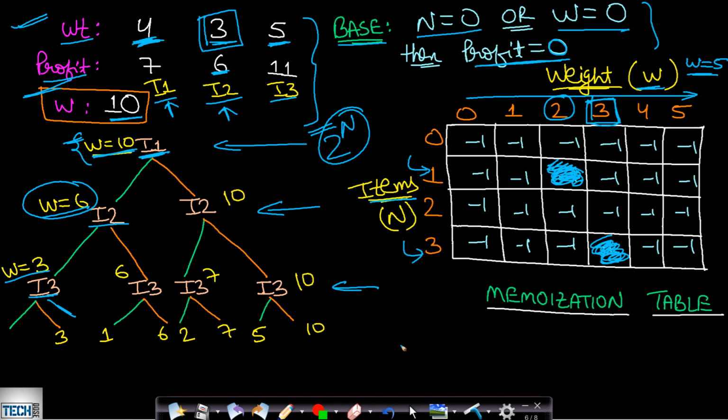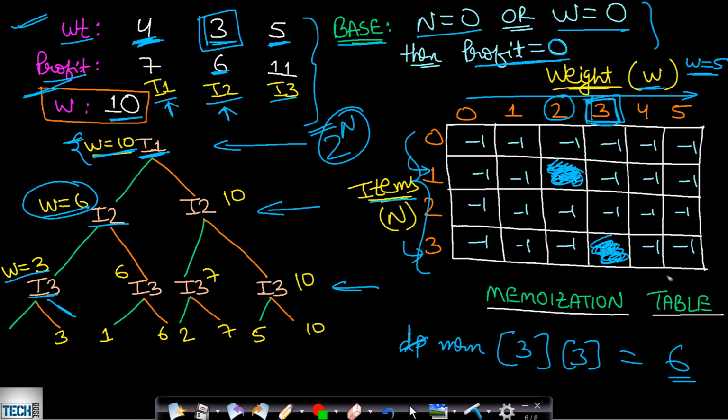So this sub problem, which will be DP, or let's call it memoization at 3 and 3 will be equals to 6, because the maximum profit when you are having all the 3 items and you are having capacity of the bag as 3 will be equals to 6, and the entire problem will be this last row and last column, this last cell. Okay, so this will be indicating your entire problem.